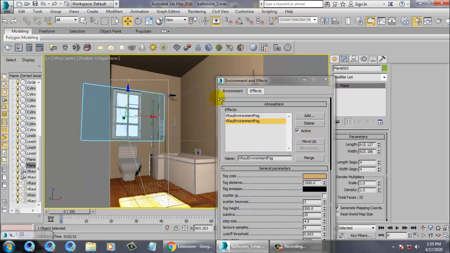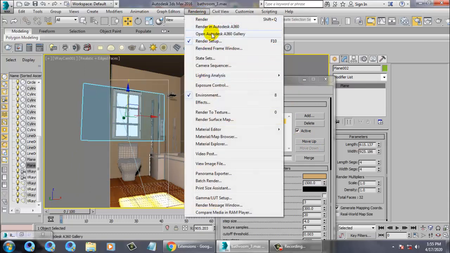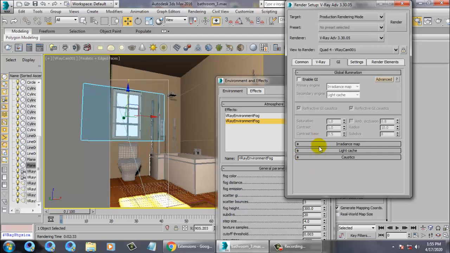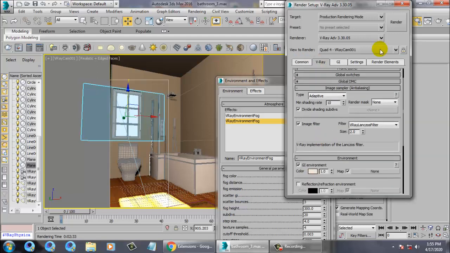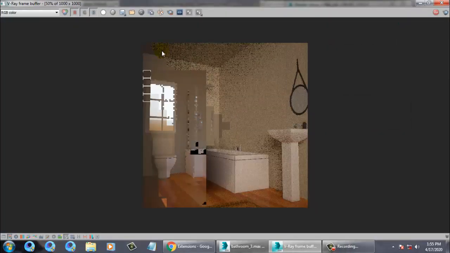In case you go into render setup and activate this GI environment in the V-Ray, let's see.